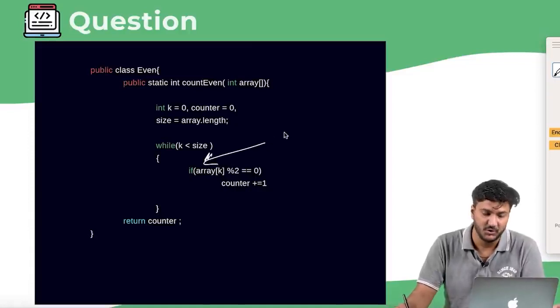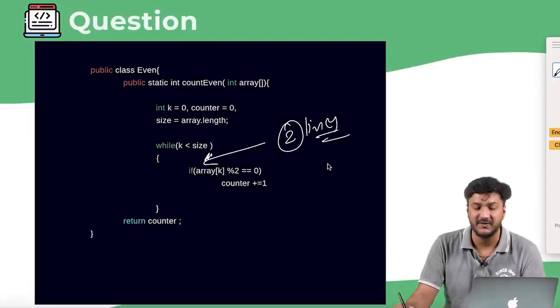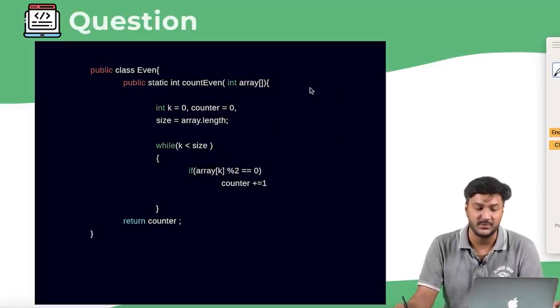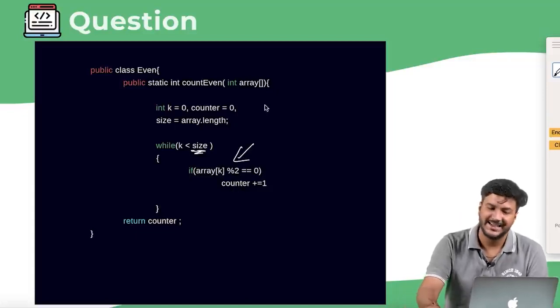So for example, there are supposed to be 2 lines here which are not there in the code. So you're supposed to understand and identify what seems to be the case. There could be cases wherein you're supposed to fix something also and add a few lines also, right? So that's exactly what you will be doing.